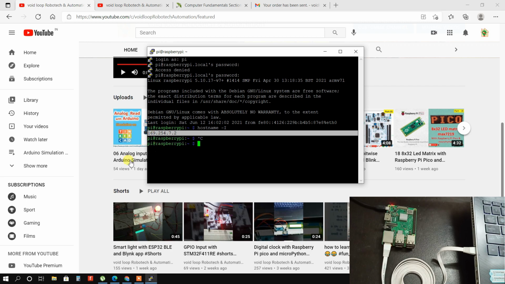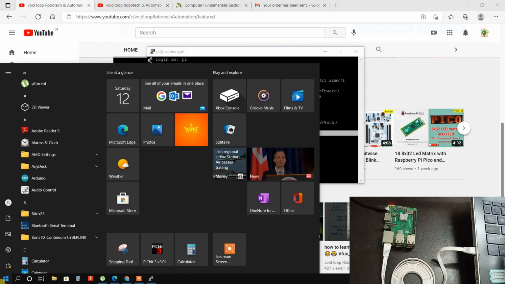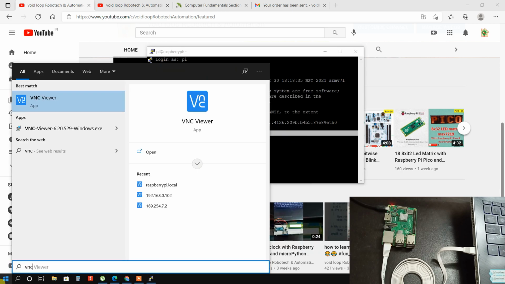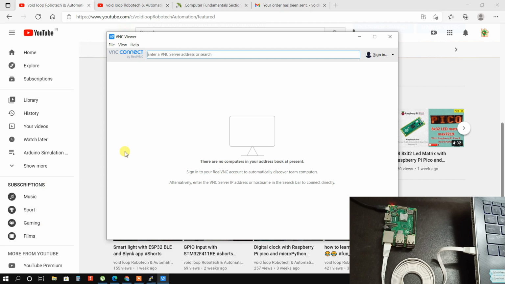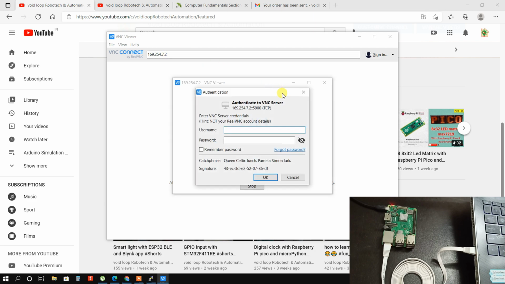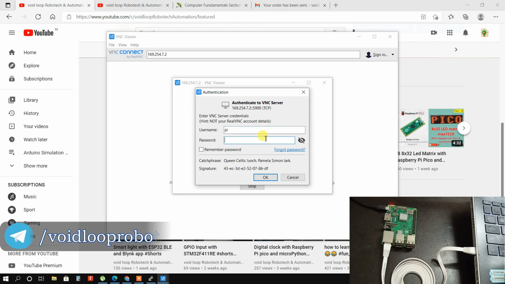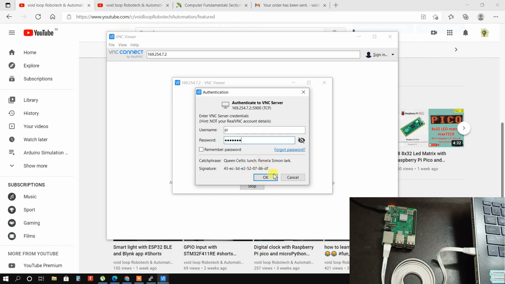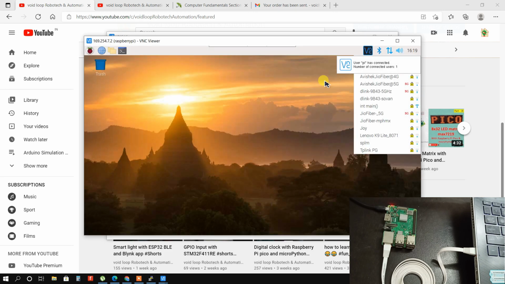and now we will open VNC Viewer and I will paste here that IP address and enter. User ID of Raspberry Pi is Pi, and password again. By default password of Raspberry Pi is raspberry. Okay,